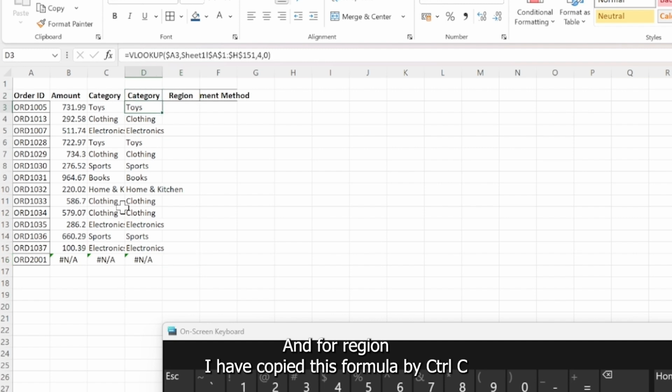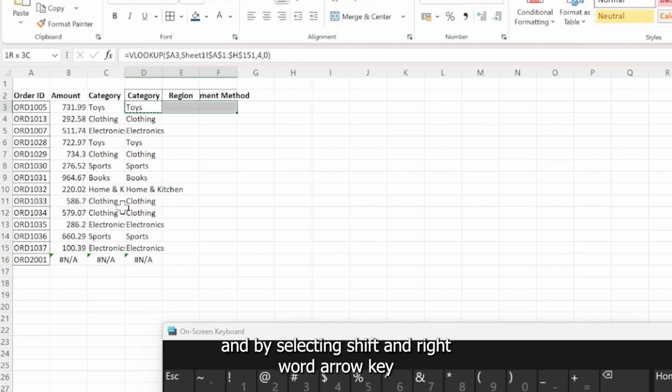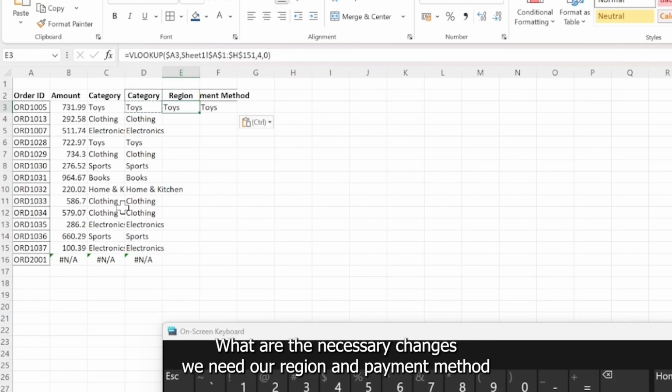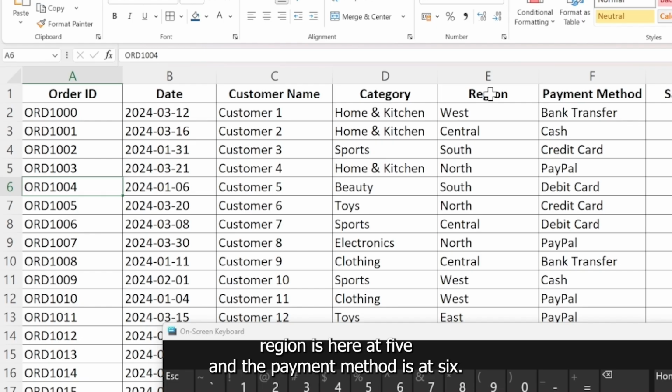And for region, I have copied this formula with Control C and by selecting Shift and the rightward arrow key I am selecting the cells where I need my formula and then Control V. What are the necessary changes? We need our region and payment method. Region is here at 5 and the payment method is at 6.